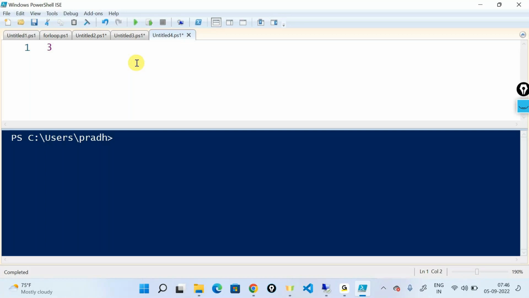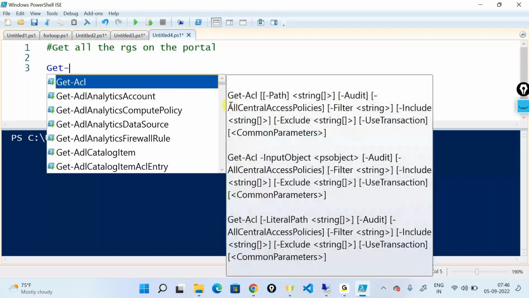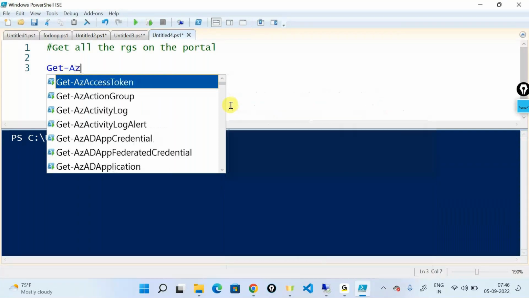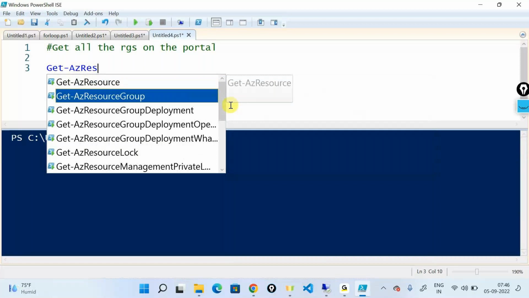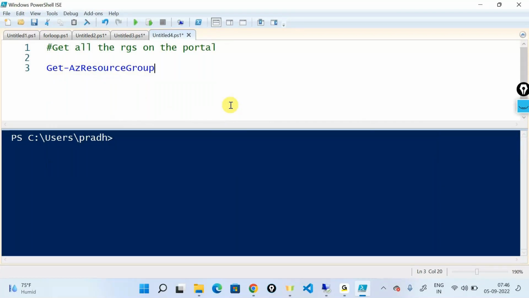And in order to get all the resource groups on your portal, I will run a command called Get. Again, when we did an execution policy, we were telling Get-ExecutionPolicy out here. In order to get the resource groups that are registered on the Azure portal, I'll say Get-AzResourceGroup. So I'm telling Get-AzResourceGroup. And if you run this command,